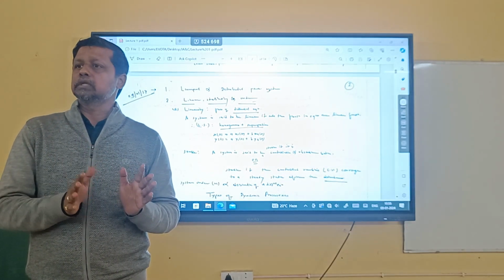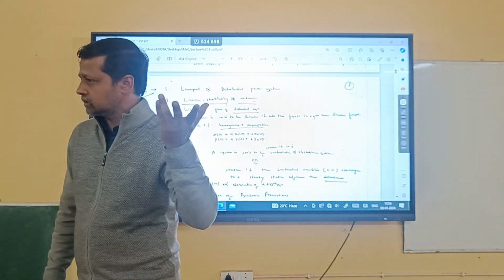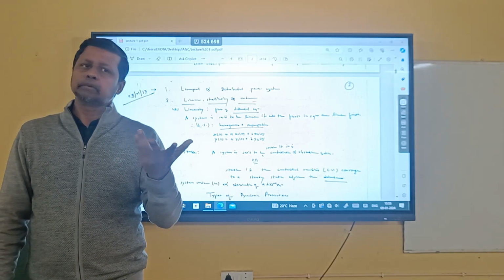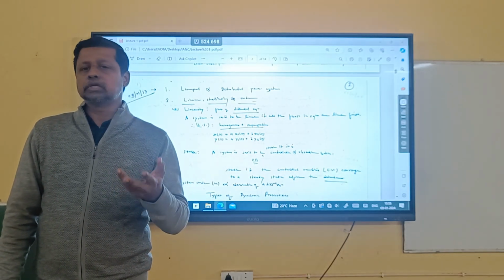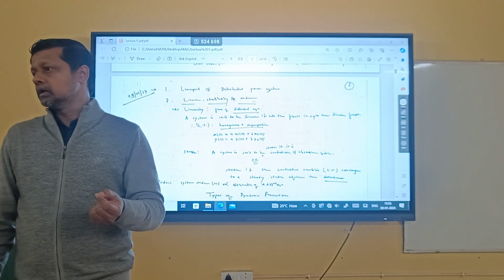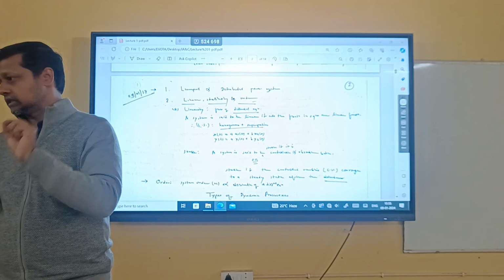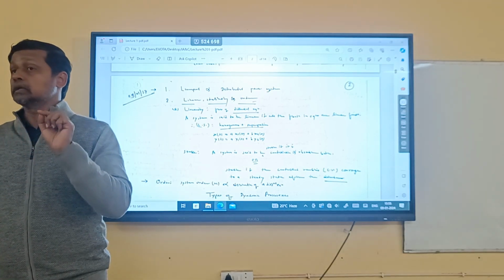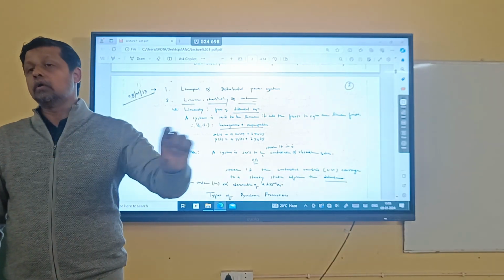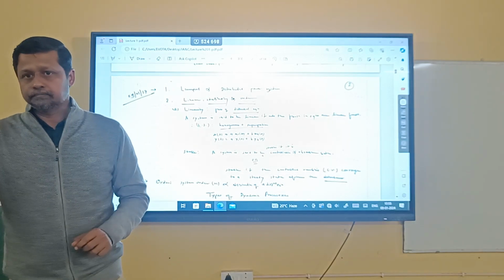Any transfer function is the ratio of numerator by denominator. Numerator can be some function, can be one. Denominator can be some characteristic equation. So you just check how many roots exist at the origin in the denominator. That is called the type of the system. Understand? It has nothing to do with the order of the system. When you say order of system, you expand all the fractions and then you check the highest order.